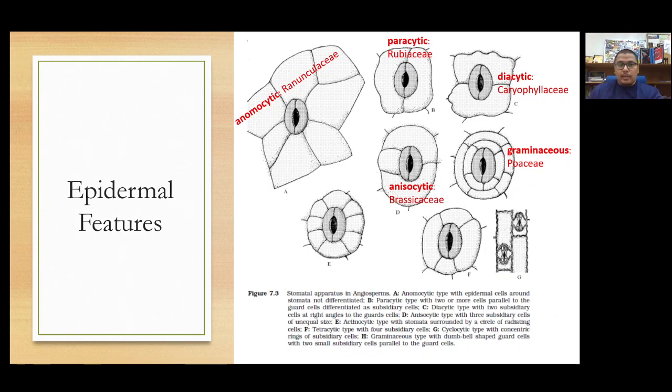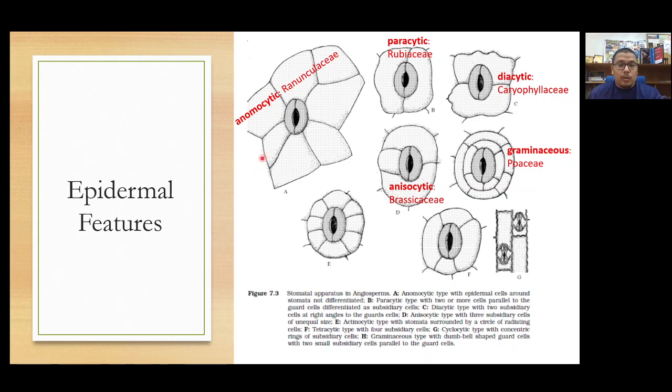So we can talk about epidermal features. These epidermal features are also of considerable taxonomic interest. I'll try to discuss further on SEM epidermal features under ultrastructure and micromorphology later, inshallah. These different stomatal types are distinctive of certain families, like in the family of Ranunculaceae, which